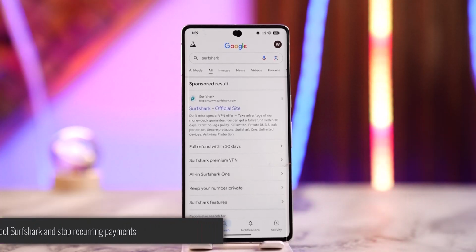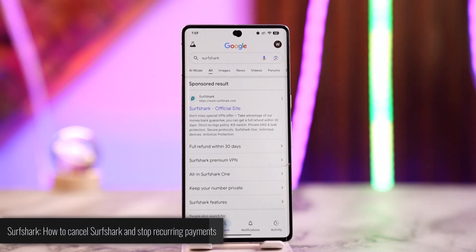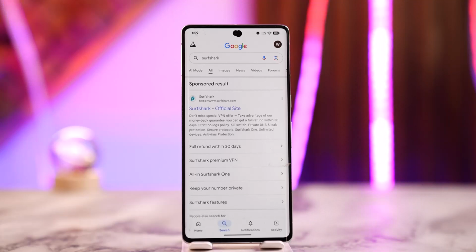How can you cancel Surfshark and stop recurring payments? Now, canceling your Surfshark subscription and stopping recurring payment depends on whether you signed up directly through the website or via a third party. If you subscribed via the Surfshark website, you just want to log into